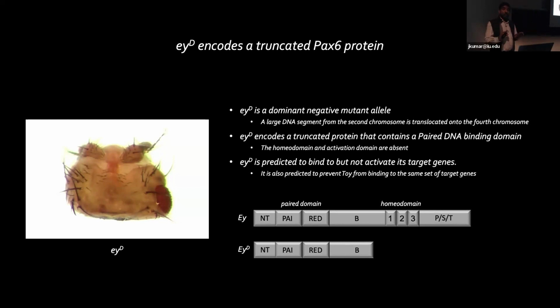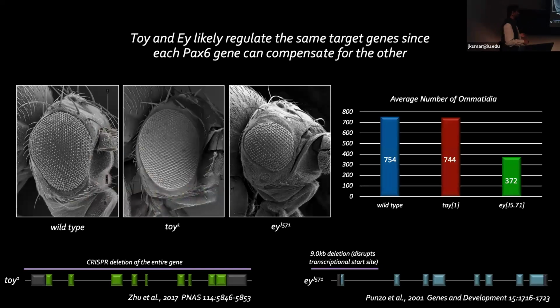If we look at how Eyes Sus and twin of Eyes Sus function in the compound eye to further this idea that they may be acting redundantly, we looked at the two null mutants of the two genes. And what you can see is that twin of Eyes Sus null mutants have pretty good compound eyes. They make almost as many ommatidia as the wild type does. You can see that qualitatively and quantitatively. The Eyes Sus null mutant, even though it has about half the number of the wild type or the twin of Eyes Sus mutant, actually makes a reasonably decent compound eye. And if you look at all the different cell types, all of them are present. And so they seem to be functioning redundantly to each other.